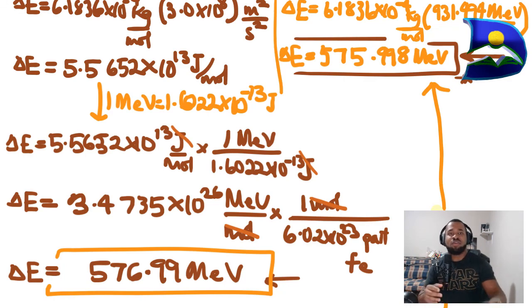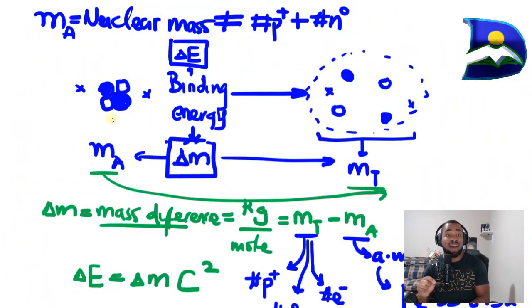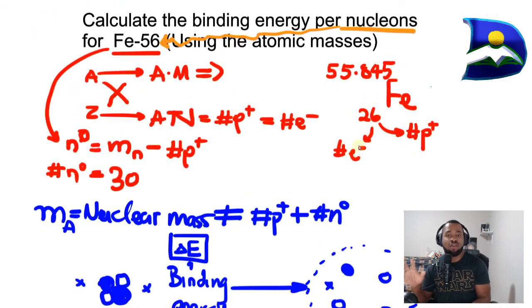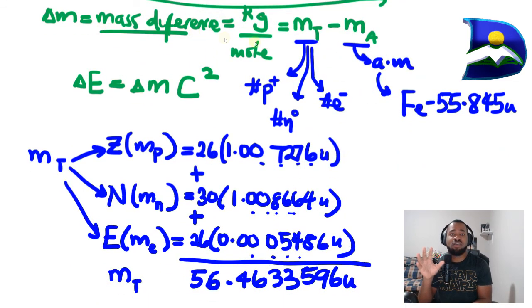So that is about it for this particular long video. I hope you're able to understand how to go from our specific individual particle masses when they are together to when they are fully separated out, and realizing that, hey, you need a specific binding energy in order to accomplish total energy of particles when they are fully separated out. And once you're able to do that, you need to be able to recognize the conversion units and number of particles when given the symbols of elements, and from there you'll be able to determine the mass difference,